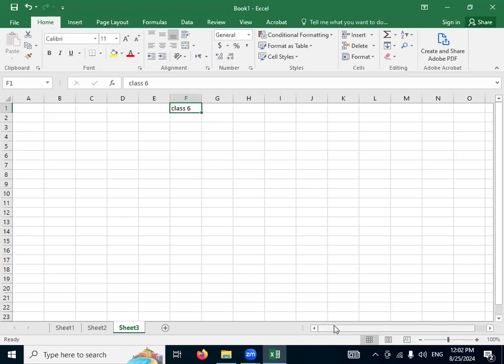At the corner, this is called the scroll bar. If I have data that needs more than 30 or 40 columns, I can move to the right side. However many columns I have taken on the right side to work with, by scrolling I can go to that side. This will take me to the right side and left side.